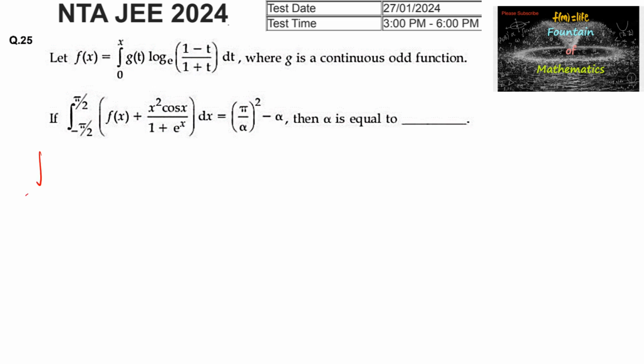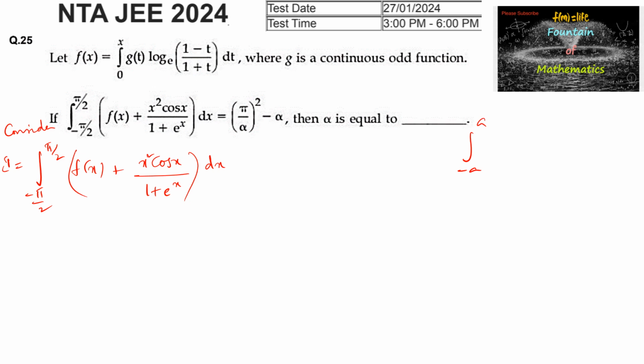So now, the integral from minus pi by 2 to plus pi by 2 of (x square cos x) upon (1 plus e power x) dx. Consider this as I. Now, by using the property that the integral from minus a to a of f of x dx is equal to